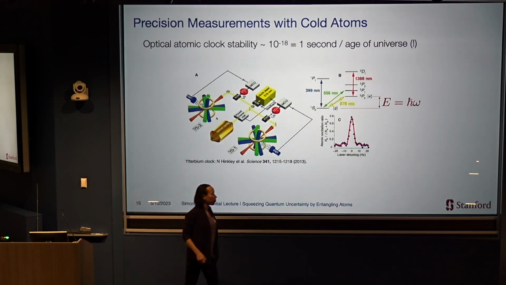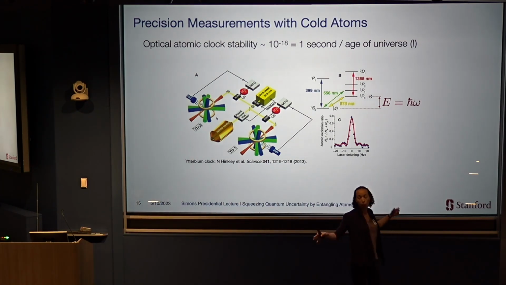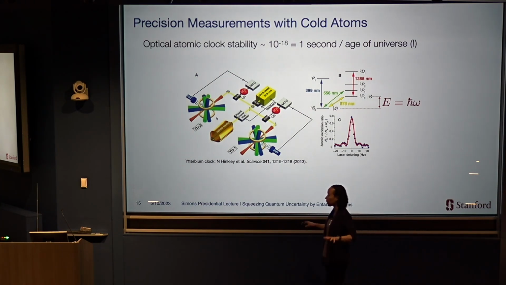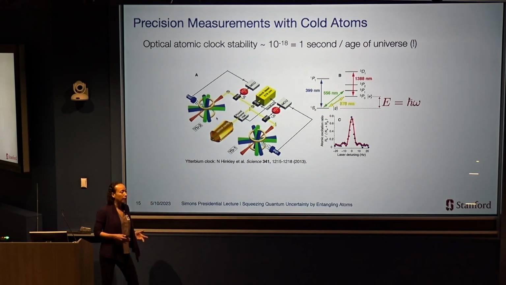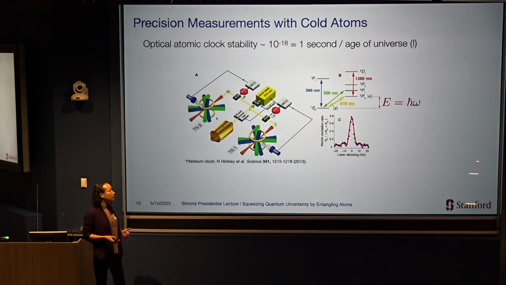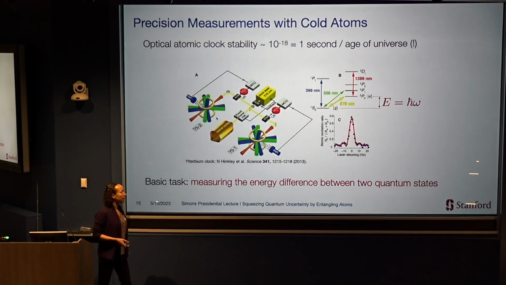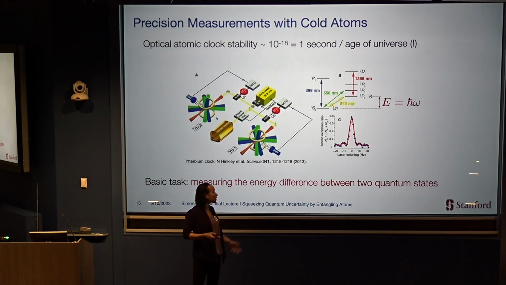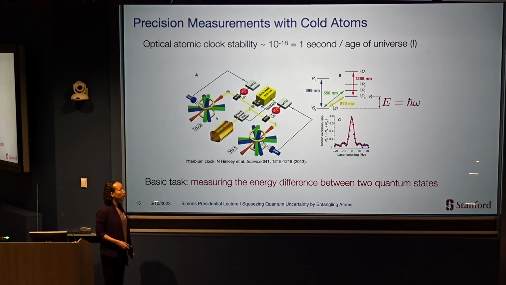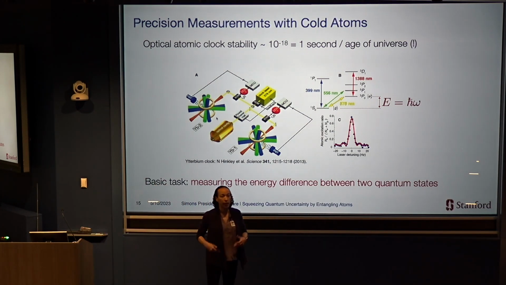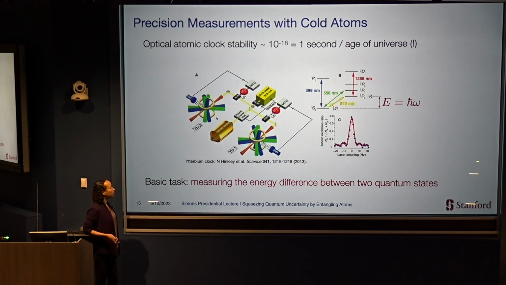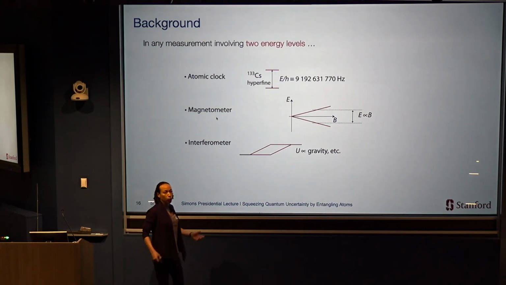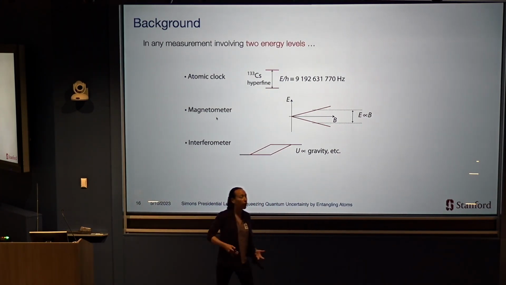It's worth pointing out that even before I get to manipulating quantum uncertainty, state-of-the-art clocks are extraordinarily precise. It turns out if you'd started one of these atomic clocks when the universe began and let it tick, it would be off by less than a second today. And the basic task you need to do in order to measure time this precisely is really just to measure the energy difference between two atomic states, which are related by Planck's constant to the frequency difference. That's this oscillation frequency that we talked about before. And if you can do that task well, if you're working with, let's say, a cesium atom, in terms of which the second is defined, you have a clock.